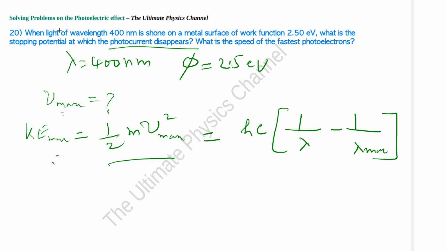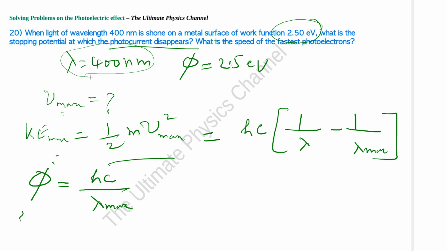And here lambda is 400 nanometers. Lambda max we have to calculate from the work function, because phi, the work function, is equal to hc over lambda max. So if you do this, lambda max you get as... no, you don't have to even do that actually. Why? Because we can calculate this into eV and then do the simple subtraction. That would be better. So if you take lambda as 400 nanometers and calculate that energy, hc over lambda,